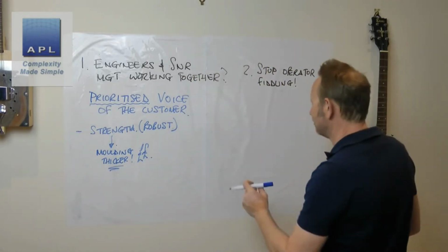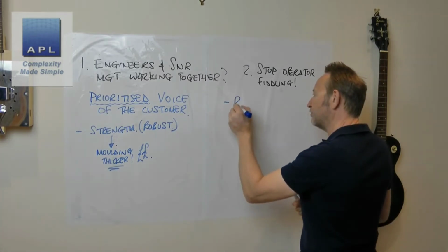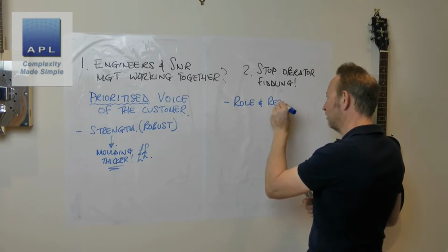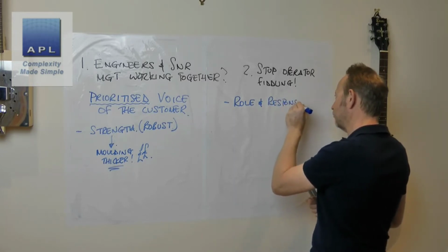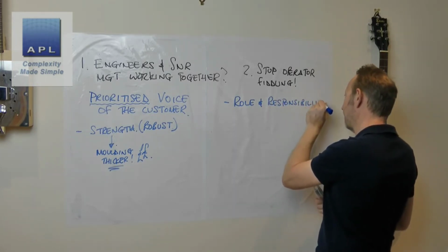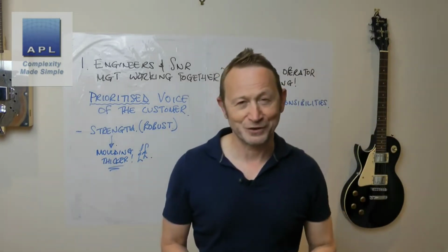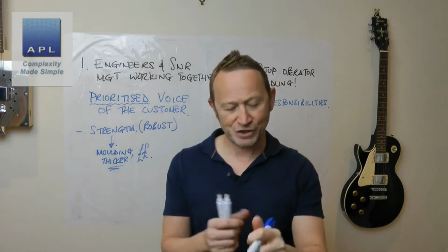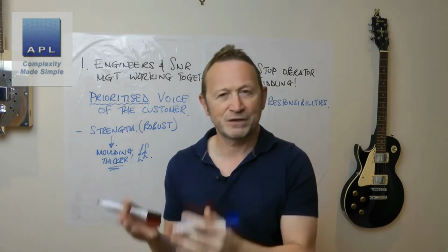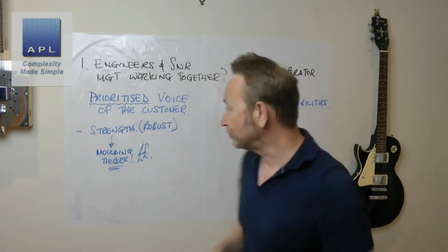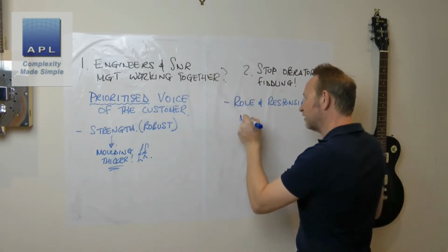But the first thing is this. Why don't you just define the operator's role and responsibility, because this is one of the main ways to do this. The first thing to say, look, what's the role and responsibility of management? What's the role and responsibility of operators? The role and responsibility of management